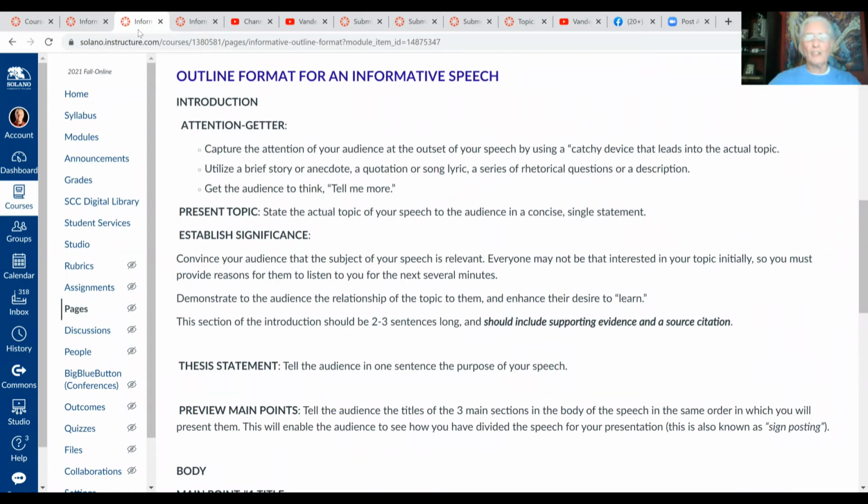And there's an instructional video where I go through the entire outline in detail. I show you where everything is, but just quickly, I want to point out two things that are the big difference in this outline format compared to the outline format for the critic speech. One, notice right here,